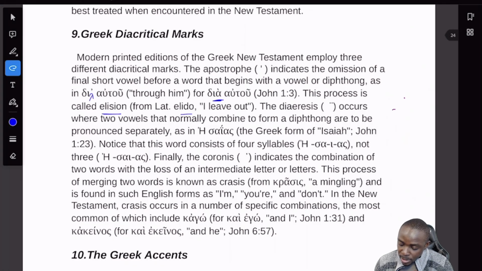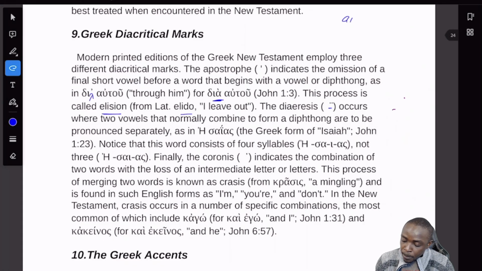diaeresis, which is these 2 dots right here. It occurs where 2 vowels that normally combine to form a diphthong are to be pronounced separately, as in Ἠσαΐας, the Greek form of Isaiah, John 1:23. Notice that this word consists of 4 syllables: Ἠ, σα, ΐ, ας, not 3, because